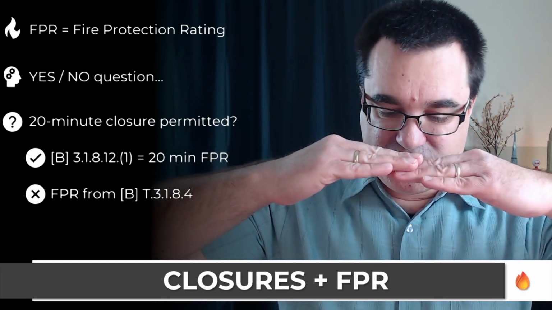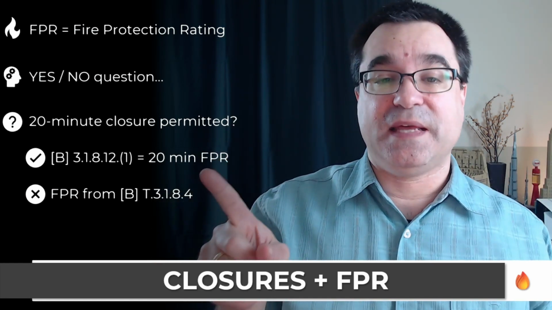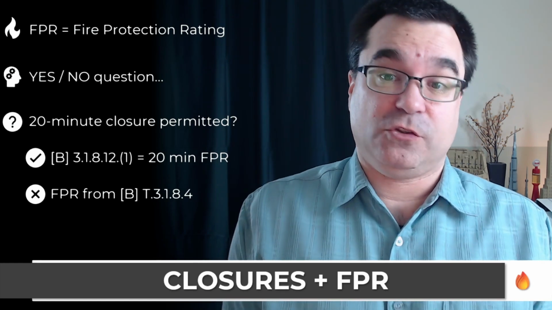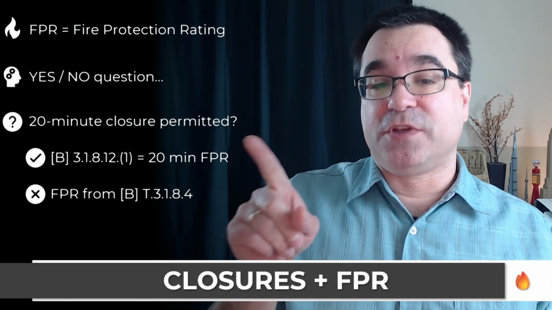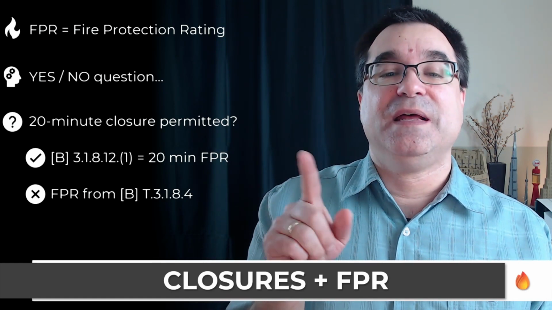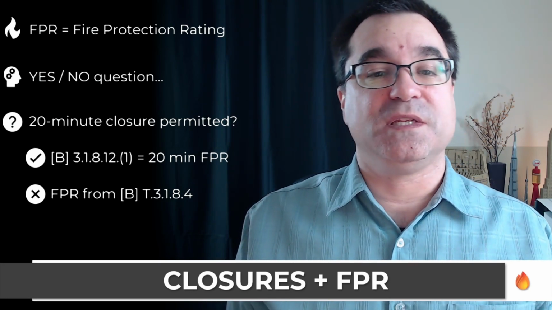If the requirements in that sentence are met, then that closure is allowed to be a 20-minute closure. That door is allowed to be a 20-minute door. If the requirements of that sentence are not met, then you have to figure out the fire protection rating based on the requirements in table